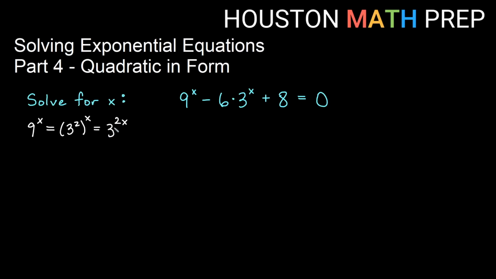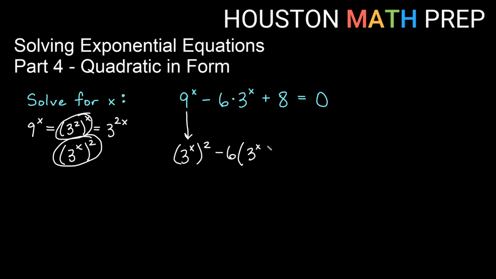There's another thing that's the same as having 3 to the 2x, and that would be having 3 to the x all squared. This would be the same as 3 to the 2x, because I would multiply these and still get 2x. So this expression and this expression are the exact same thing. Whether the x is on the outside or the 2 is on the outside, this is the same thing, right? So really what we want to think of our 9 to the x as is 3 to the x all squared. Minus 6, I'll go ahead and put this 3 to the x in parentheses as well, plus 8 equal